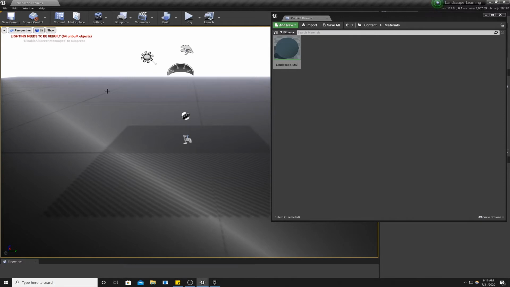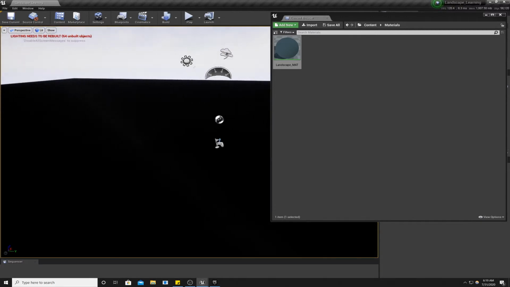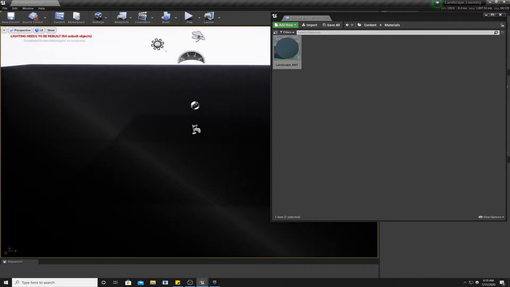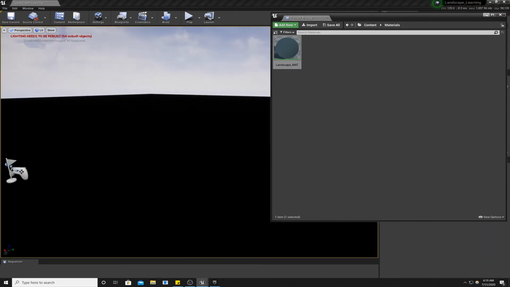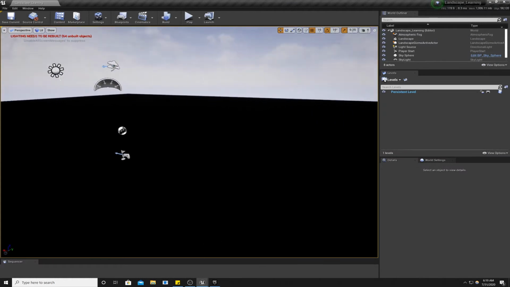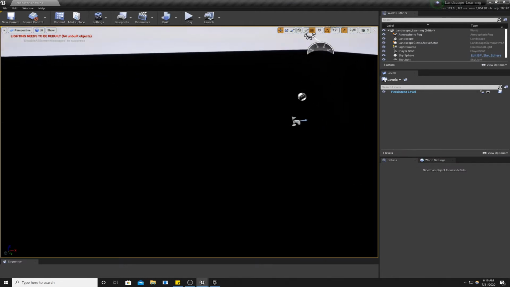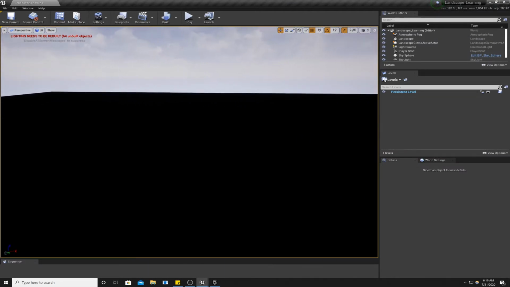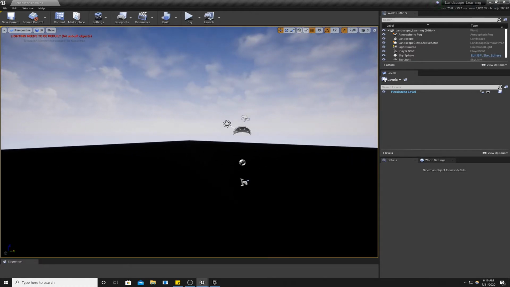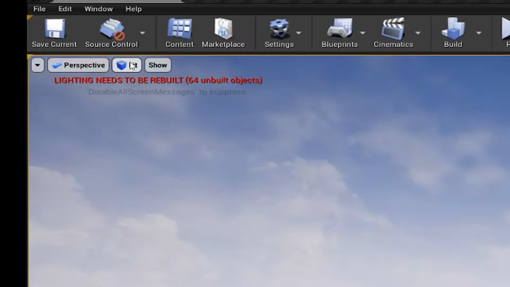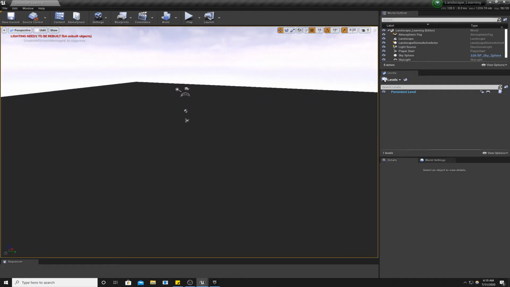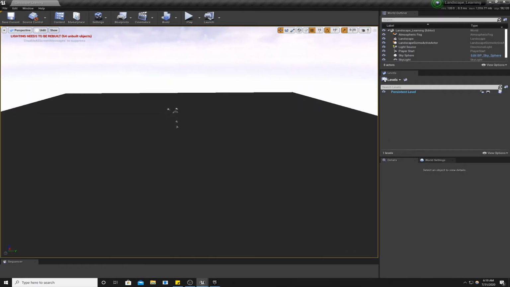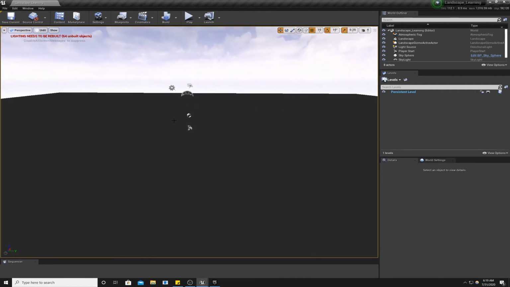So two things you notice. One, the material is black, and two, it is very reflective. Also, the editor's auto exposure is on at this time, so it depends how you look at it, you will see the reflectiveness of the material. But for now, let's go to unlit mode. And you might be thinking, okay, well, why does it not look like grass? Well,